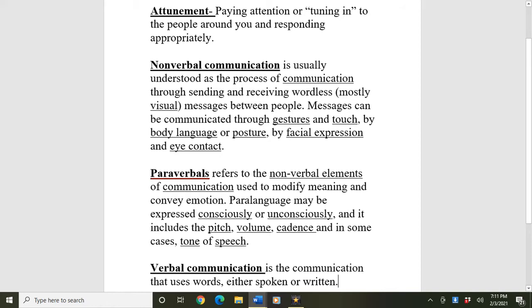And then the last one, the smallest of these, is verbal communication. It's communication that is actually about the words that we use. This includes text messages and letters and all those things, but it's really about the words that people use. The point that I want to make here is that if you look at the three different types of communication, verbal communication is actually the smallest one.